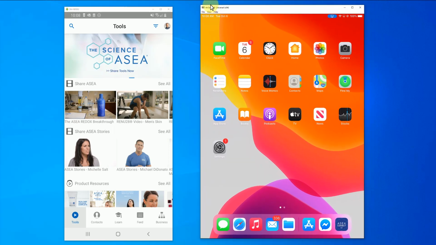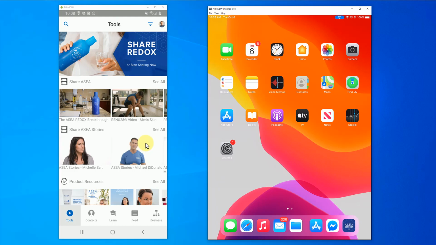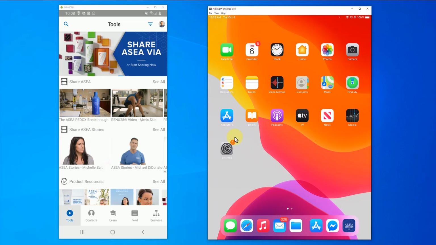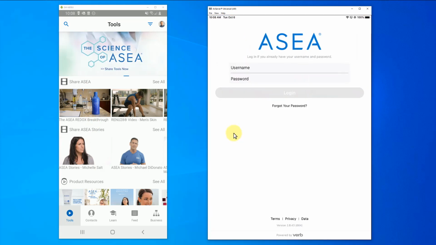All right, so here we have a couple different platforms side by side, and this is really helpful because our market is very mixed. Most people are using iOS devices such as iPad or iPhones, but we still have about 45% of our users using Android. And so we have an Android here on my left and an iPad here on my right, which is going to be a good resource for you to access that.